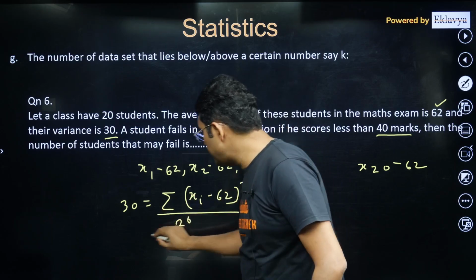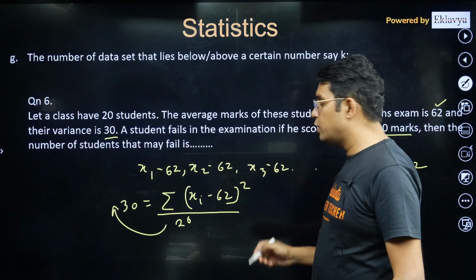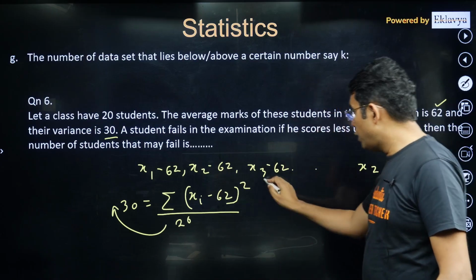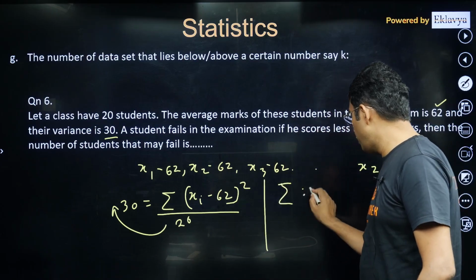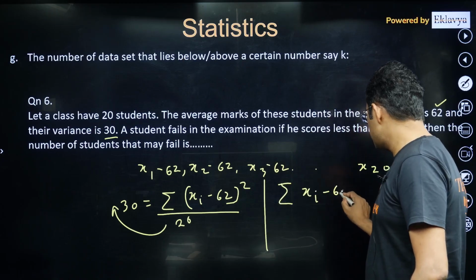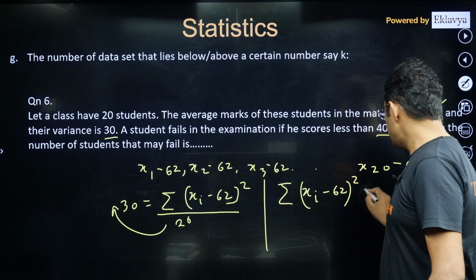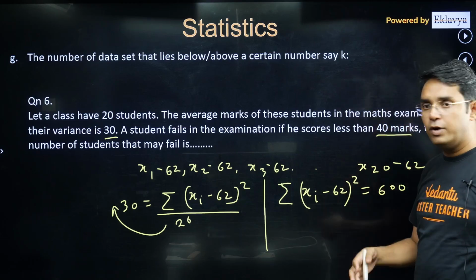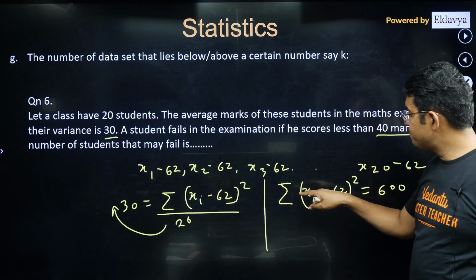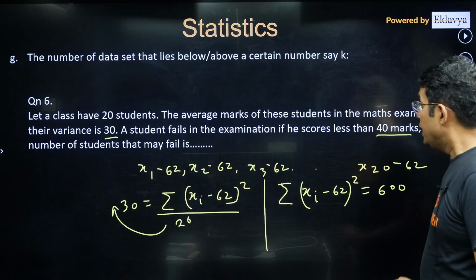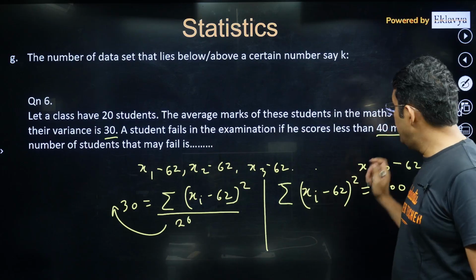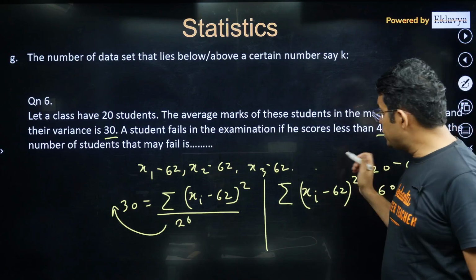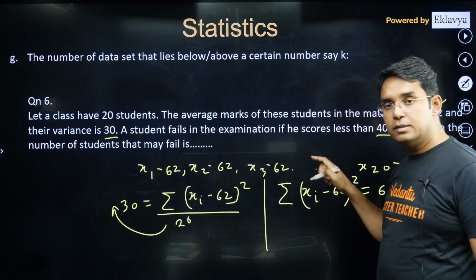You can take this 20 to that side and this will become equal to 600. Okay, so what are we getting? We are getting the summation of (xi minus 62) whole squared is equal to 600, where i ranges from 1 to 20. Okay, now if any student is getting less than 40 marks, which means after subtracting that 62 which I have done for every data set,